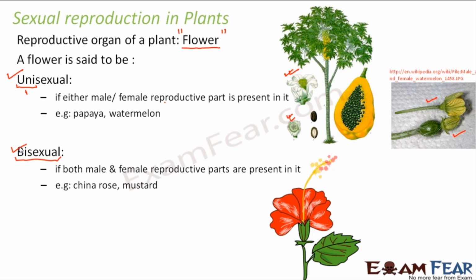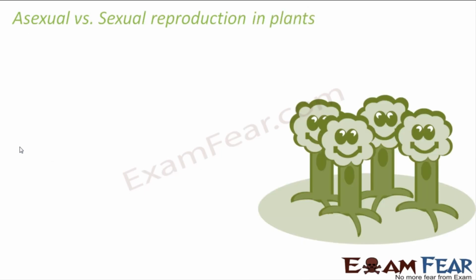So if you look at a China rose flower very closely, you will be able to see that it contains both the male reproductive part and the female reproductive part. That means in the same flower, the male gametes will be produced as well as the female gametes will be produced. So now before we try to understand how